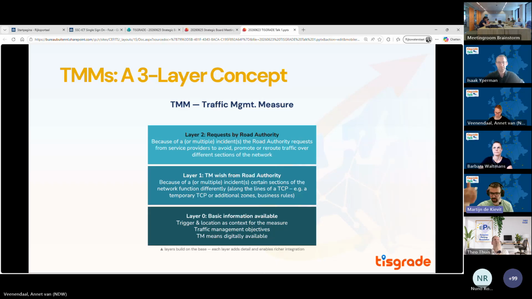And then building on that, we can say, okay, first of all, as a road authority, you can have a wish, so to say, that you say, okay, we see there's an incident or multiple incidents on certain sections of the network. And along the lines of what Isaac just explained with the TCP, we say we have a temporary TCP, maybe with additional zones or business rules that actually changes due to these incidents. And we say, okay, now we would like service providers to use the roads in a different way because there's an incident on a main road somewhere. That's still